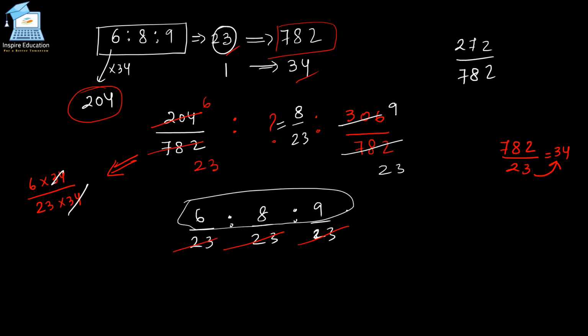So again, we are getting this. Now from here, you can go to any ratio. You divide the whole by 12, by 24, by any other number, and you will get different ratios.